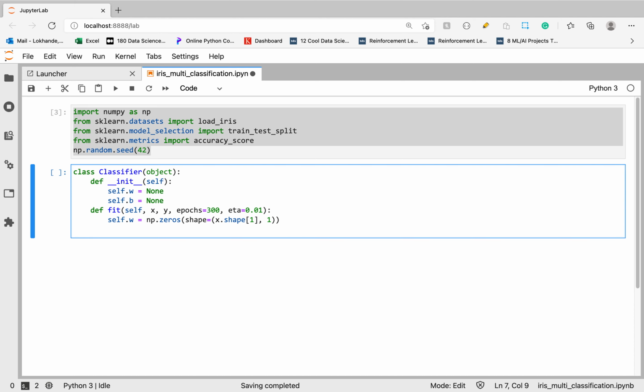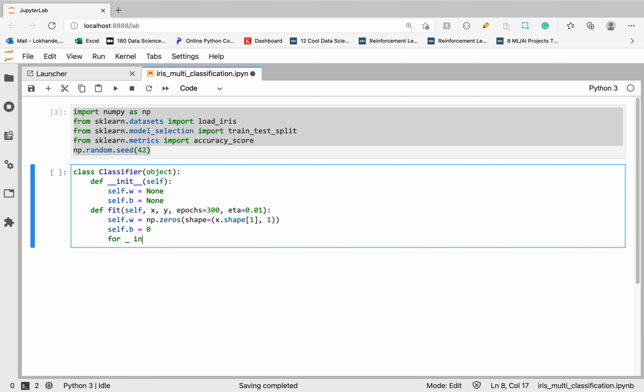So we are initializing w with zeros, and the dimension of this w matrix is the number of columns in x, comma 1. Now let's initialize bias with 0.